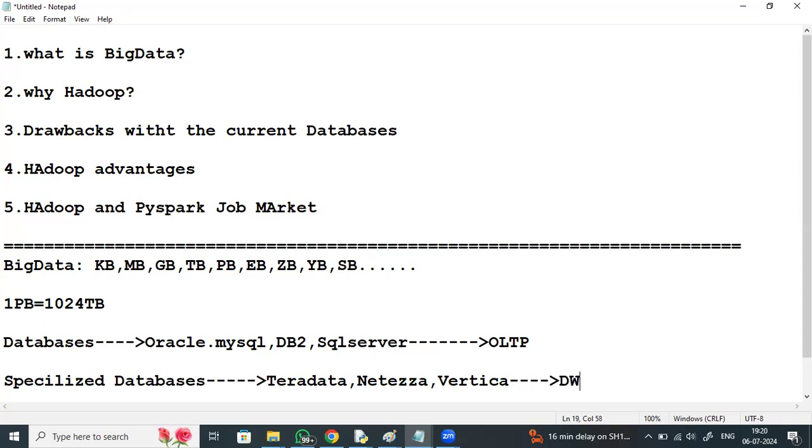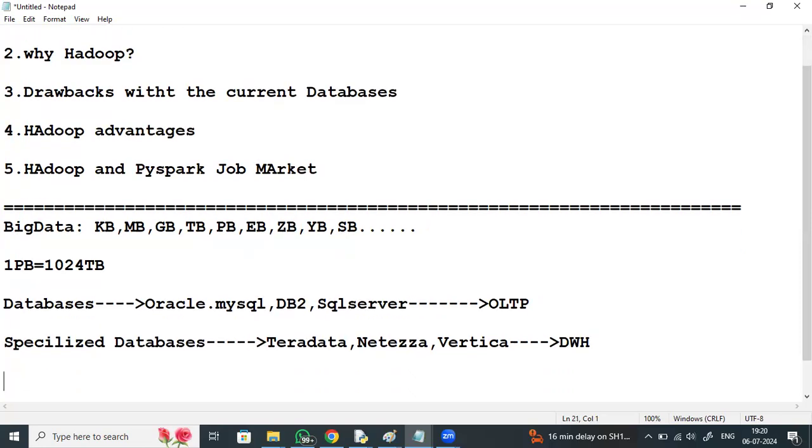So as a solution to all the storage level and processing level problems, we have a framework called Hadoop. Before I go into the Hadoop services, you need to know something about how this data is getting generated, what the sources of the data are, and what the different categories of data are.